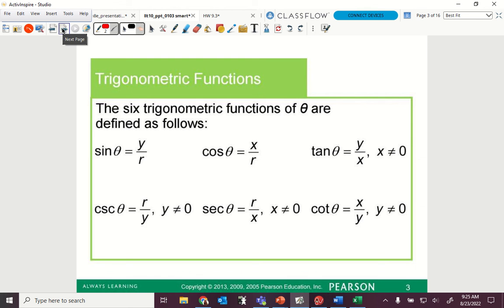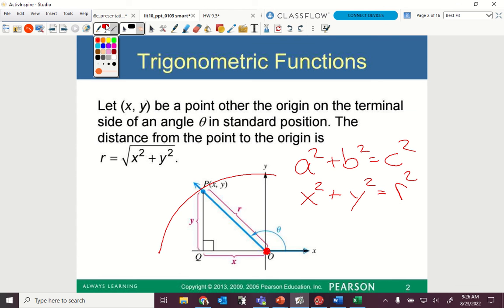Now, here are the 6 trigonometric functions that we're going to use. These are the ones that I'm going to tell you you need to try to memorize. Sine is always y over r. Always y over r. So I'm going to go back and show you. If this is my reference angle right here,